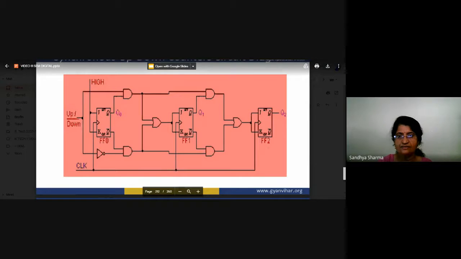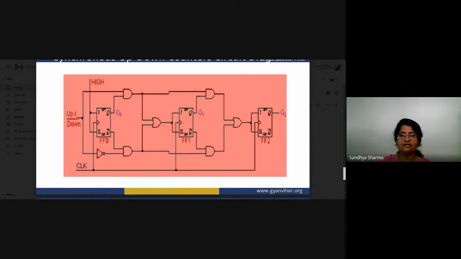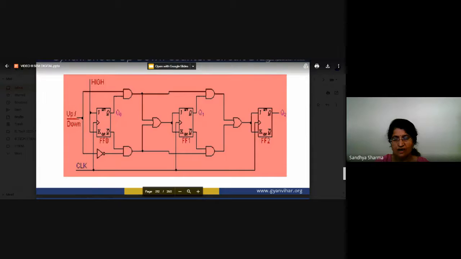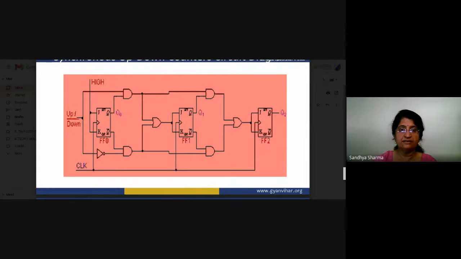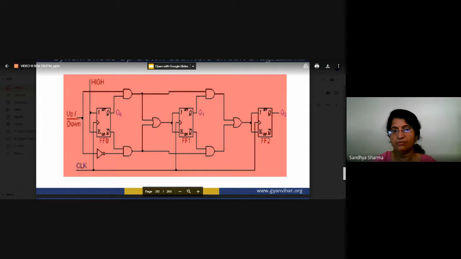These are the gates. These again are connected to the clock signals. Instead of clock signals, it is connected to the 1 and 2. Since it is a synchronous counter, all the clock signals are given at the same time. So you can see here all the clock signals we have to give at the same time. It is the up and down signal command which you have to provide to this one. According to that, it will activate it. So either you have to give the up command or you have to give the down command.